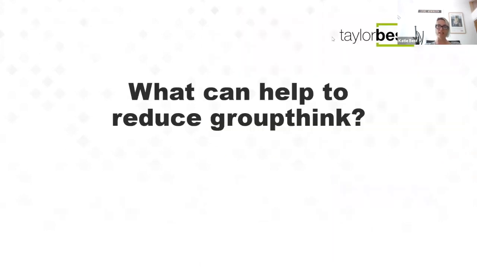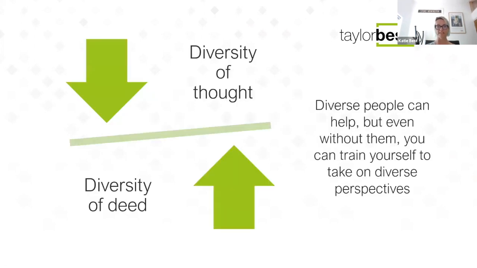So what can we do then to try to help reduce groupthink? What are the things that can help? You've already had a hint at some of these from thinking about what it is that creates groupthink in the first place. But there are 2 real elements to trying to reduce groupthink. One is encouraging diversity of thought, and the other is encouraging diversity of deed. So making people think differently, programming their brains to get them to have thoughts that are divergent and not to squash those thoughts, but also then getting them to follow through by acting on those thoughts and by doing things that are different to everyone else in the group.